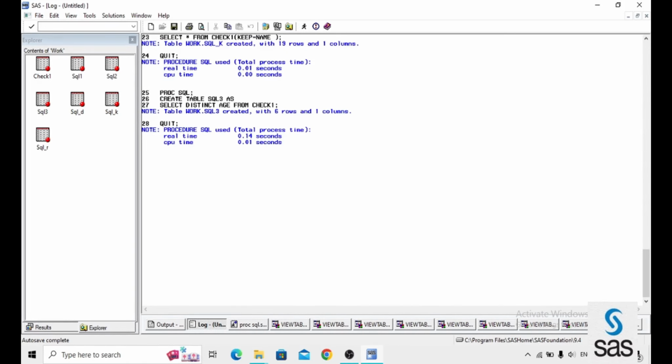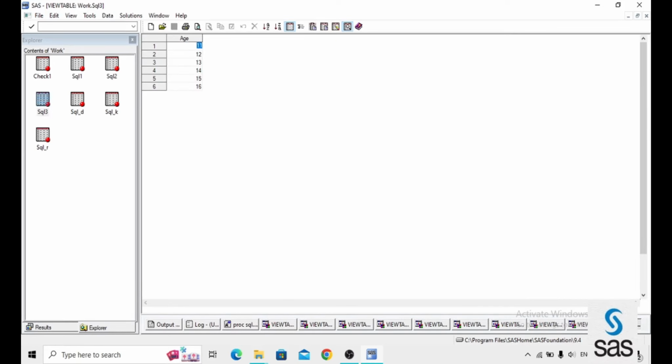And log is clear, SQL3. Here 11 is there. 11 as an observation, how many times is there? But the 11 is single. And 12 is there, some random 5 times, and 13 is there, just 3 times. However many times it is repeated, the 13 or 14 is a single type of observation. If you want to get the data like this, you will apply distinct.